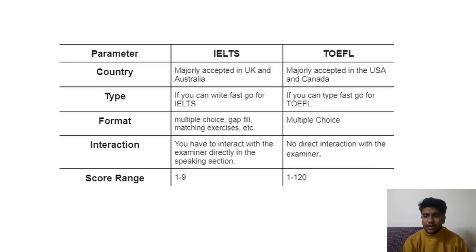Now let's get back to our competitive examinations, for which you will be requiring English as a language. So there is IELTS and there is TOEFL. In IELTS there's a band score of 1 to 9, and in TOEFL there's a score of 1 to 120. I've prepared this presentation because a few of my friends have qualified and cracked these examinations. So I've taken certain data from them, extracted a few data, and combined it in this particular presentation for you. So the IELTS format is basically gap filling, matching exercises, multiple choices, while in TOEFL there is a majorly